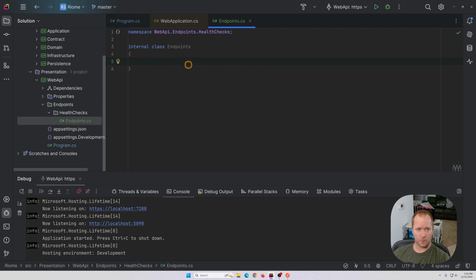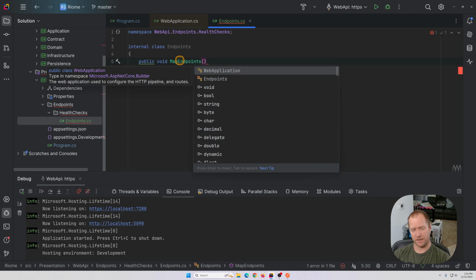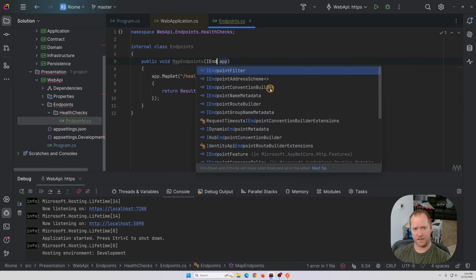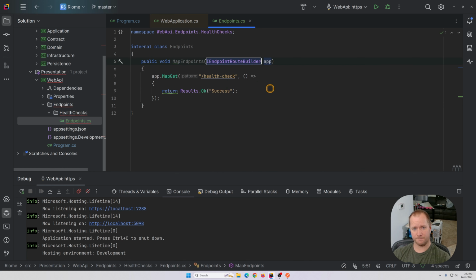But basically, over here in our health checks endpoints, I need a function that will map our endpoints for this section. I could have this take a WebApplication, and I could literally just paste our app.MapGet in here. This will work perfectly fine. But what I'm going to do instead is take an IEndpointRouteBuilder. This will work identically because, as you saw, it's inherited. And this IEndpointRouteBuilder is what I need. The reason I'm doing that is because